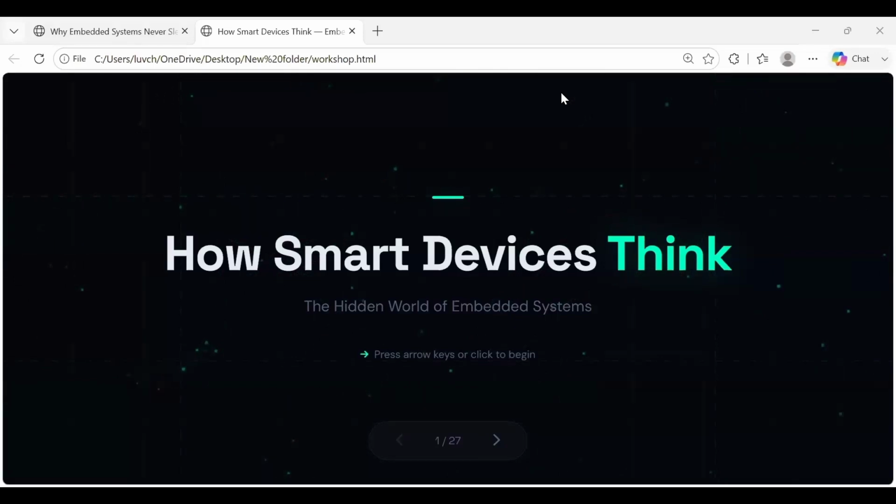So yes, I'll get the answer. Combination of hardware and software, specific task, electronic system. Great. Software, hardware. Perfect. A device designed for specific tasks which include software and hardware. A very perfect statement. A dedicated device to perform a specific task. That is a combination of both hardware and software.